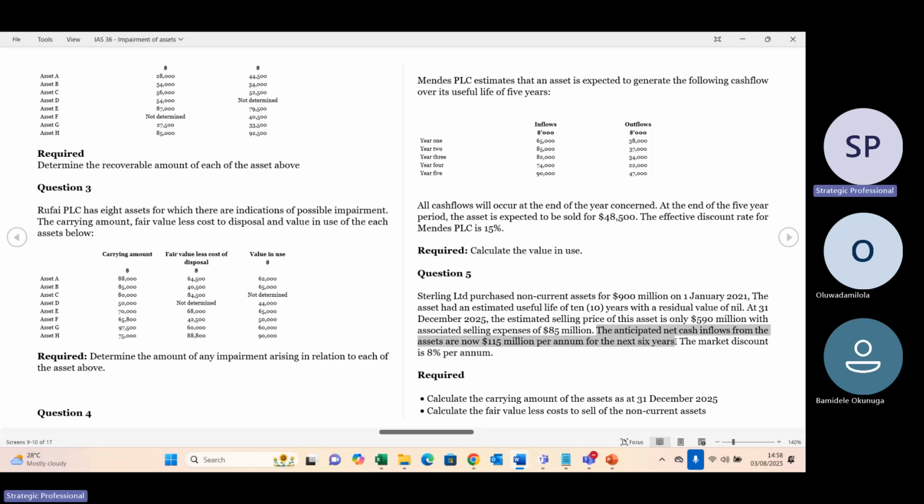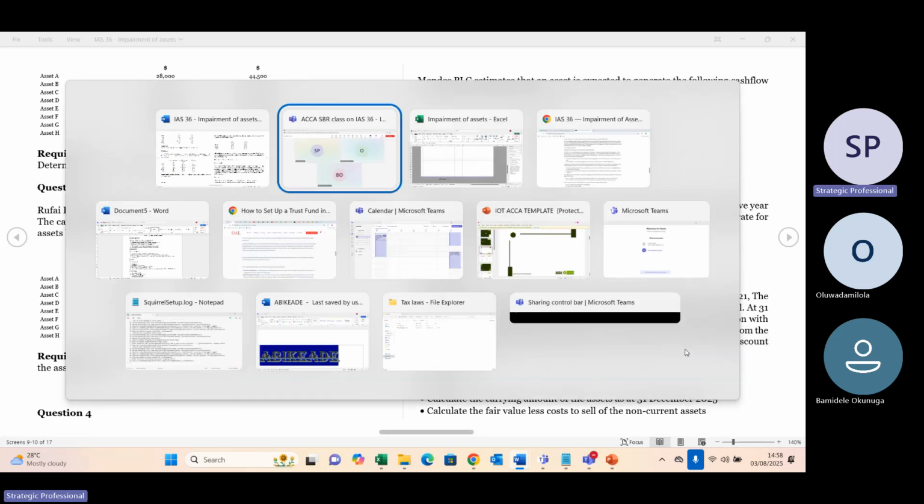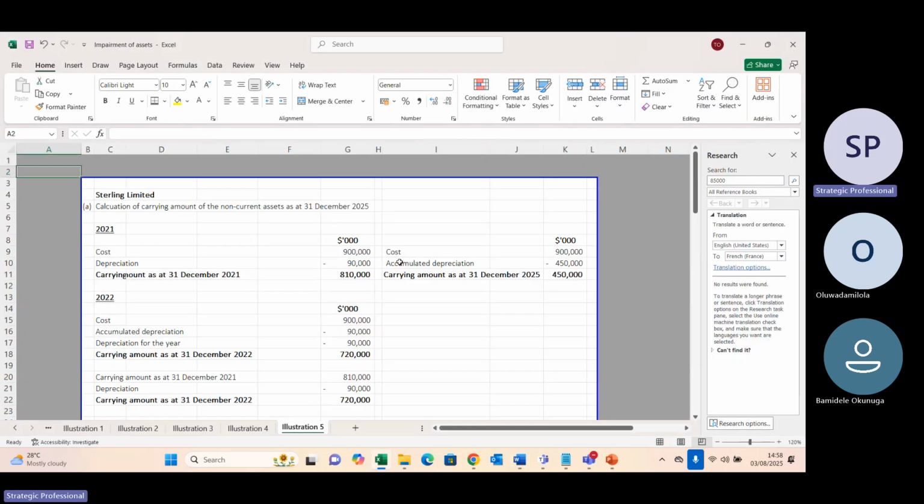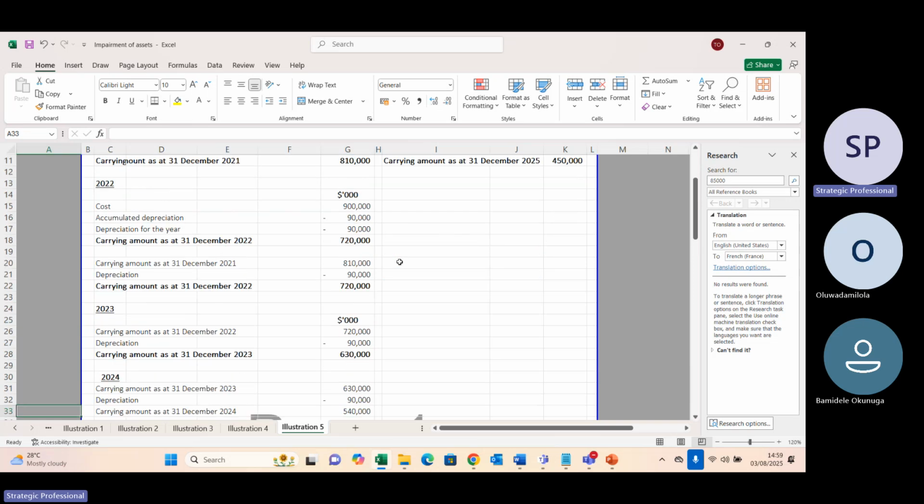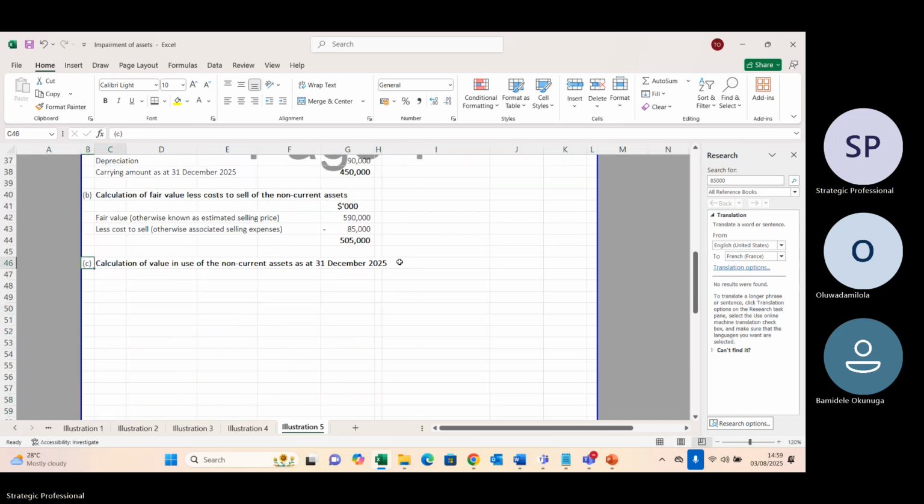However, if the company will make $150 million in the next 6 years, what is the value of that $150 million today? That is why we need this market discount rate. We need it to get the present value of that 150 million. This 150 million is the future amount, but we need to get the present value. To do that, we have 2 methods: the shortcut and the long one. So let's start with the long one.